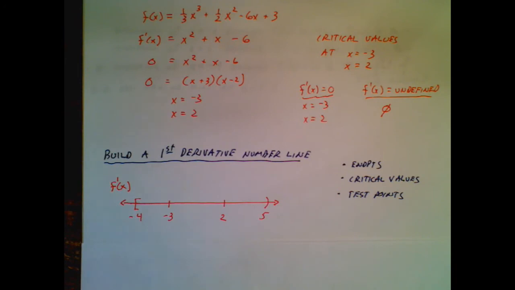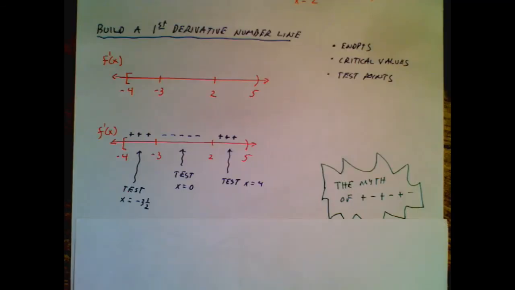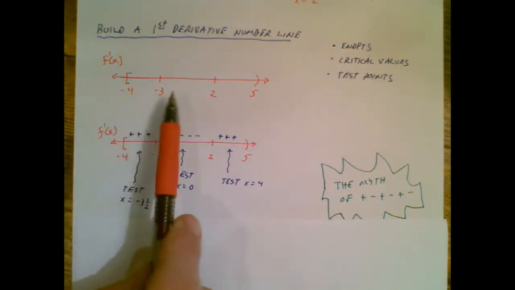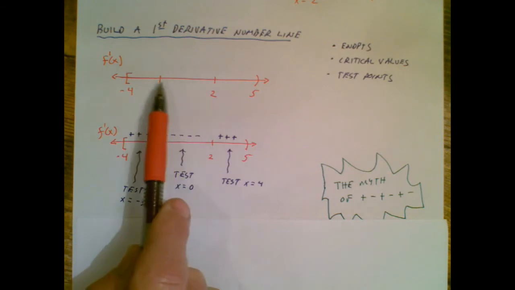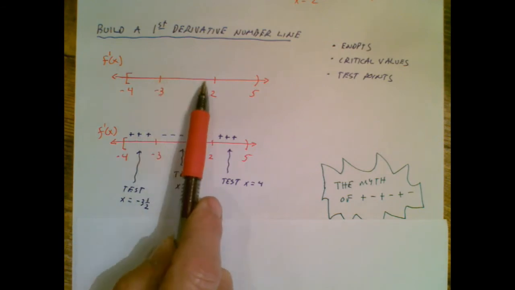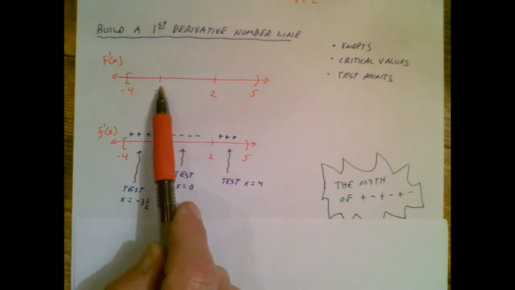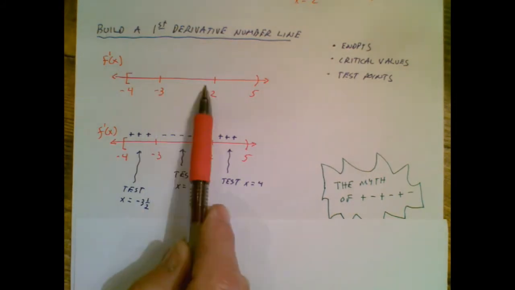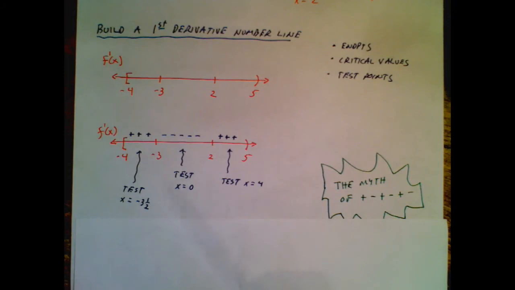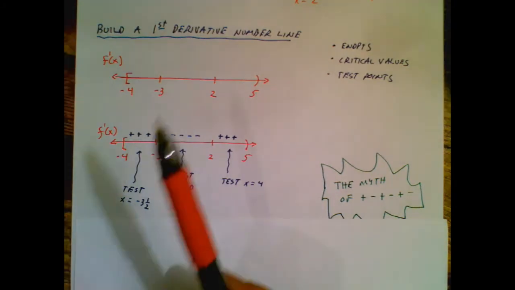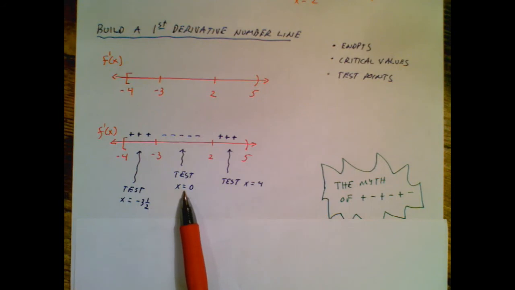And then your next step is going to be to test points in those intervals. And here's what we mean by testing points in those intervals. For example, between -3 and 2, there's a -2, a -1, a 0, a 1, and all those other points in between. I just choose any point in there that I feel like working with. So generally, pick the point that's going to be easiest to work with, and usually x equals 0 is darn easy to work with. And what I do is I take my x equals 0 and I plug it into